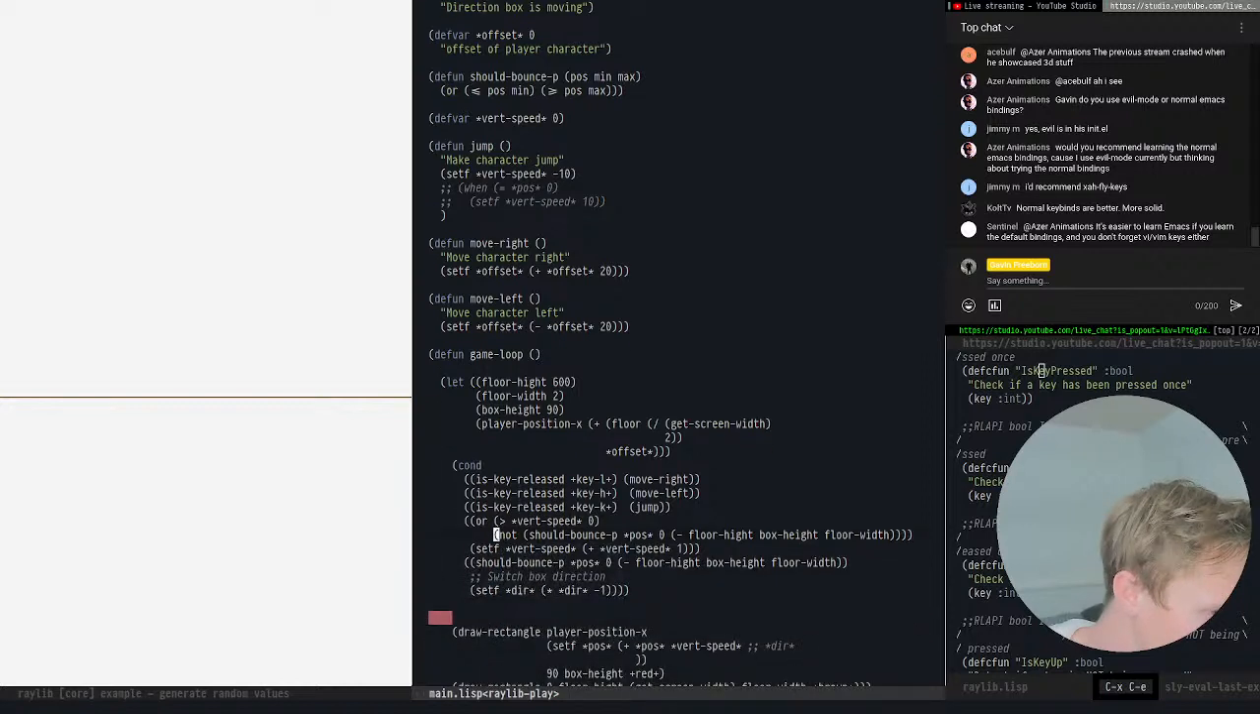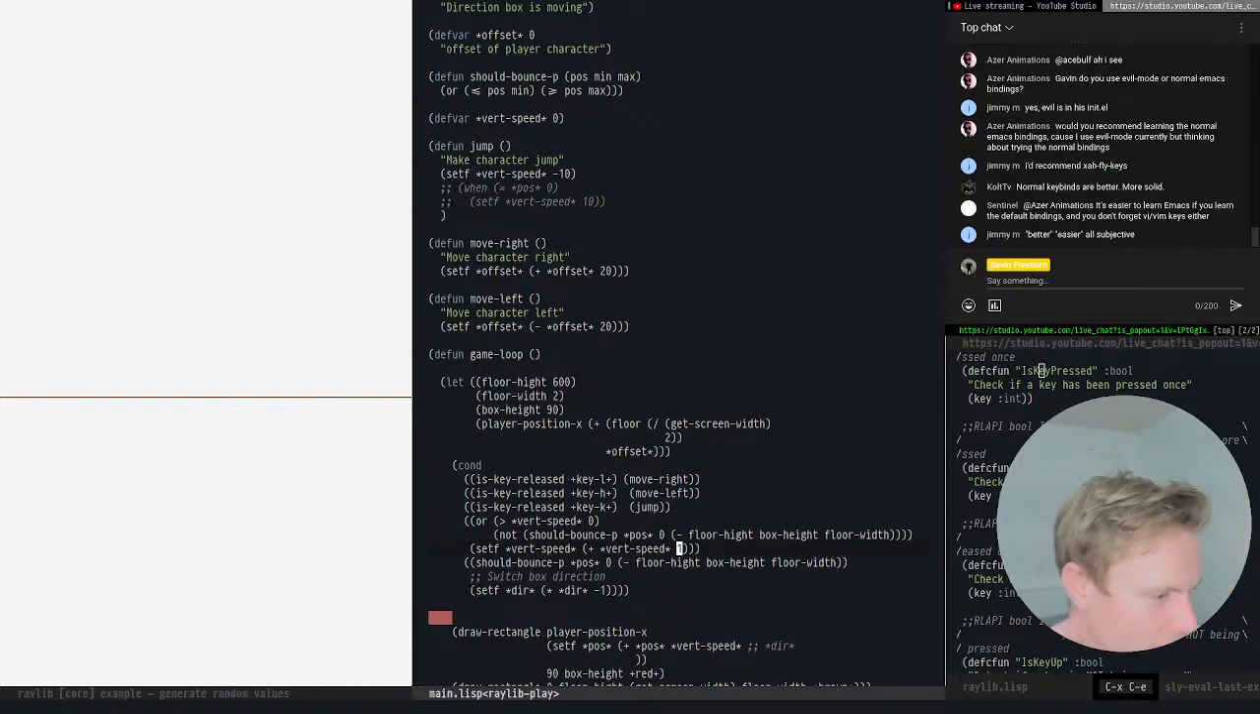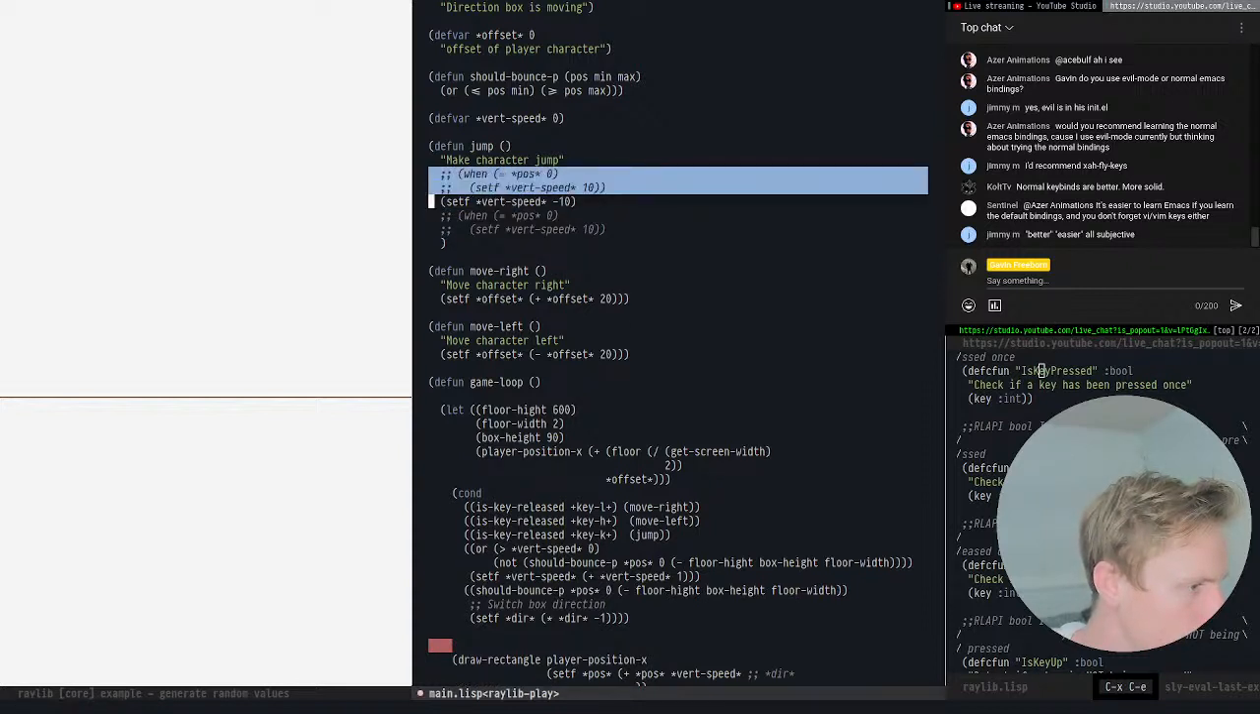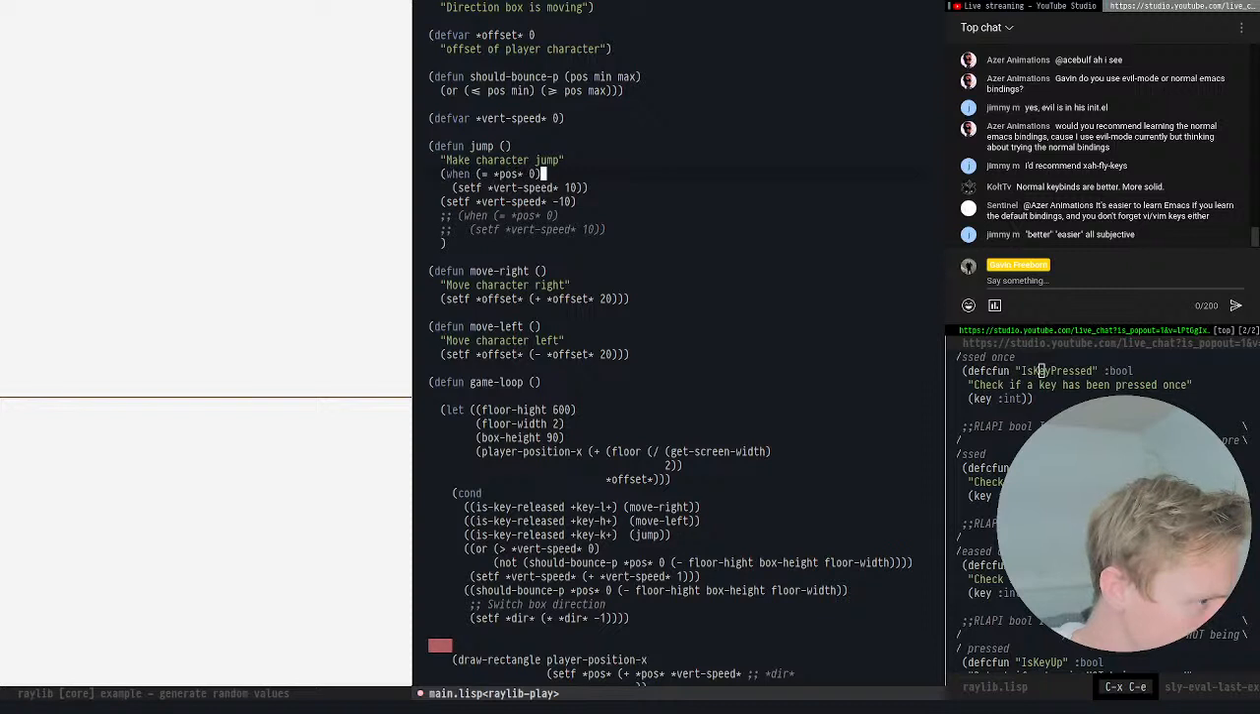So if it should bounce, then vert speed goes up by 1. Okay. And then when the jump goes up to 10, is that right? Is that what we have doing? Yeah. So if should bounce, should I do that again? That seems a little bad. If pose equals 0,